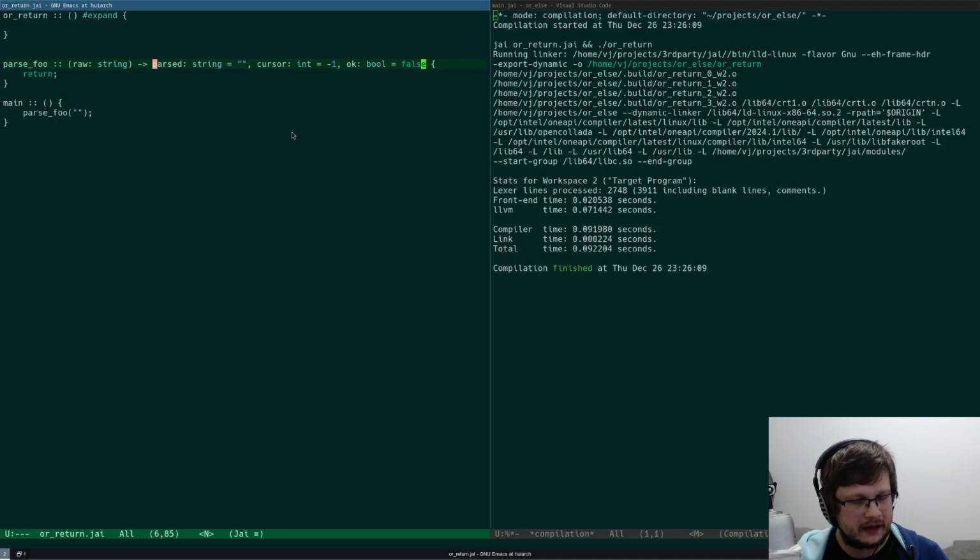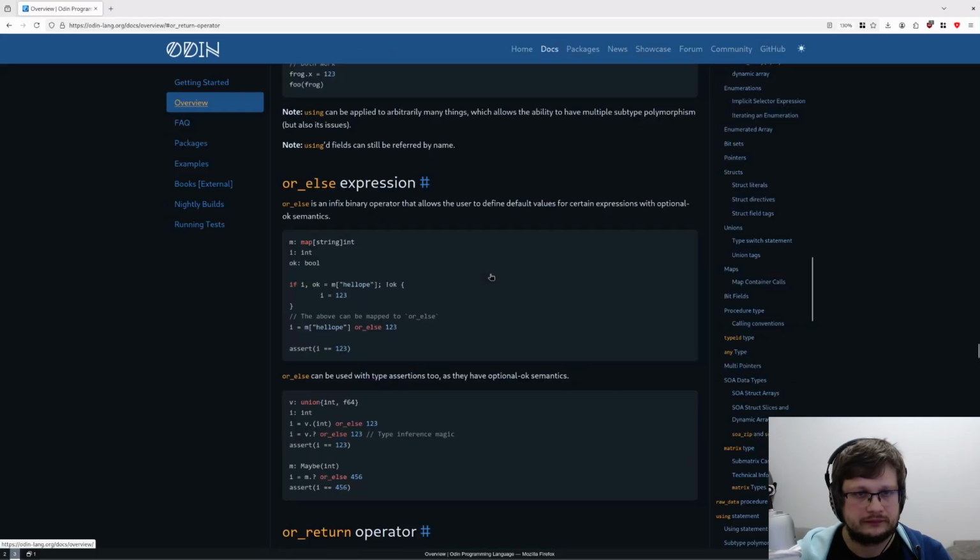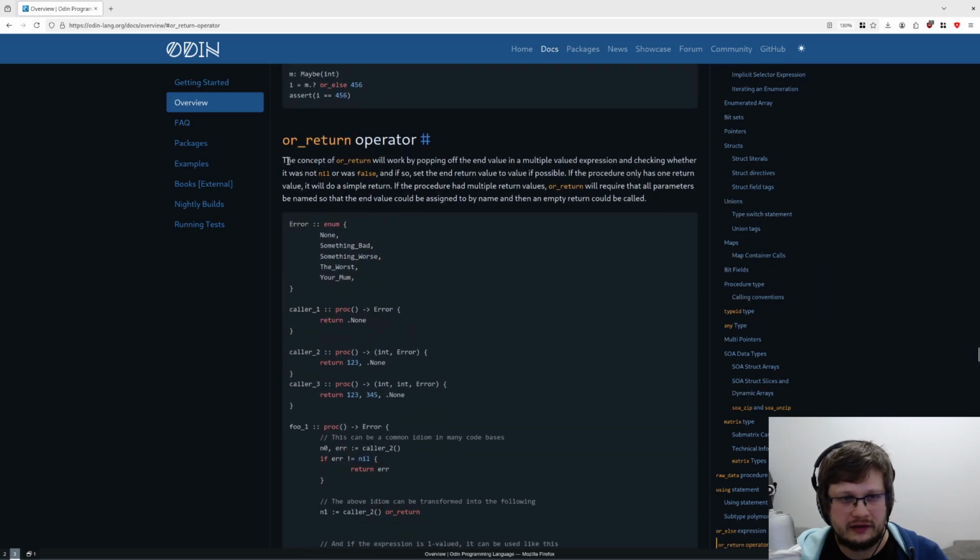And let me check if that's how Odin's or_return works, because I don't actually know. Yeah, let me bring it up so we can read it. Okay. So the or_return operator. The concept of or_return will work by popping off the end value in a multiple valued expression and checking whether it was nil or false.